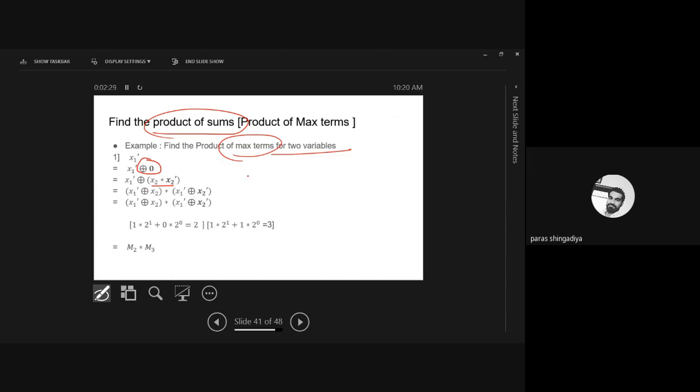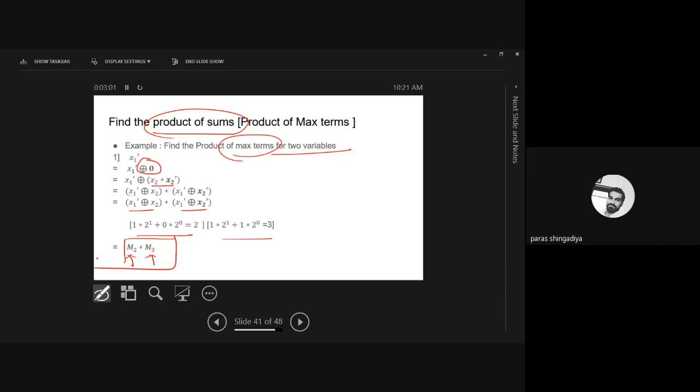As a star b ring sum c, here it is a ring sum b star c, that will be a ring sum b star a ring sum c. And then arrange as per the order of the variable, and then derive the suffix value by using this fixed procedure, and here we get the answer as M2 star M3. That is, for the first bracket you get M2 and for the second bracket you get M3. So that is the product of maxterm. The capital M2 and capital M3 are the maxterms of the given expression.